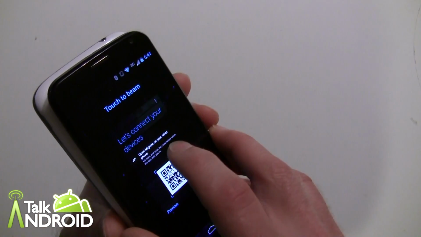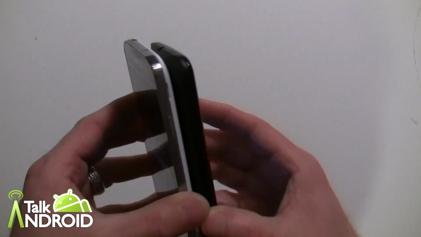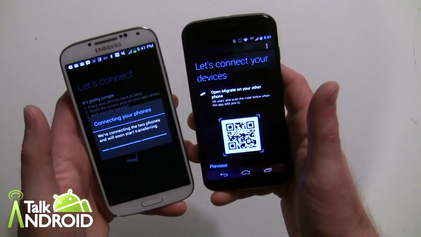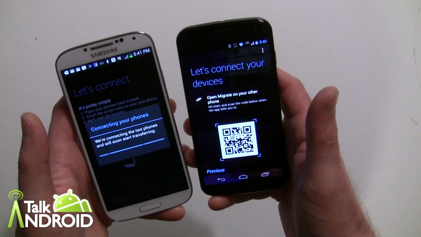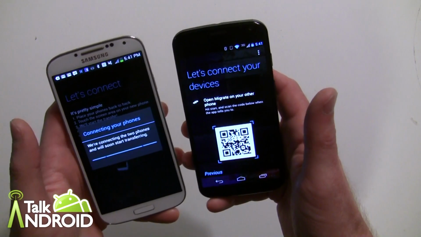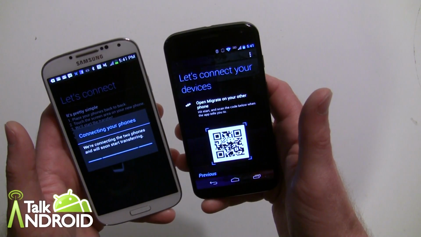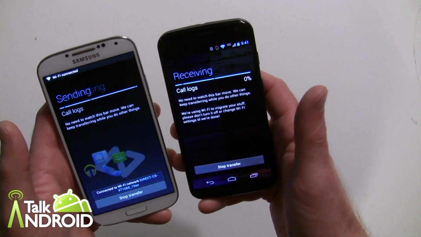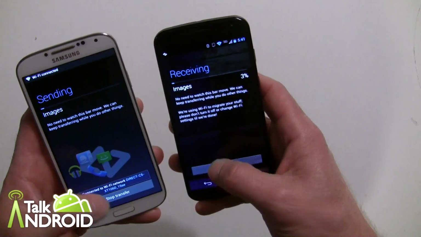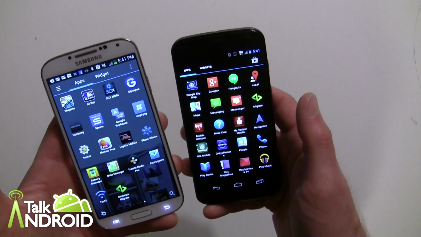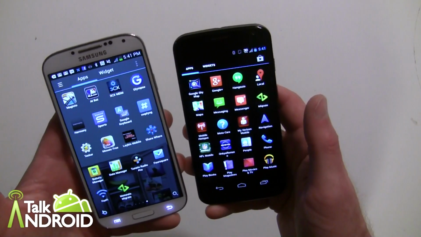I'm actually going to beam it with this device, and then it's going to connect, and it's going to transfer the information over in a couple seconds. And there it goes. And again, I'm going to just go ahead and stop the transfer. And that's pretty much it. Now it could take a while if you have a lot of data. A lot of pictures and video, could be 2